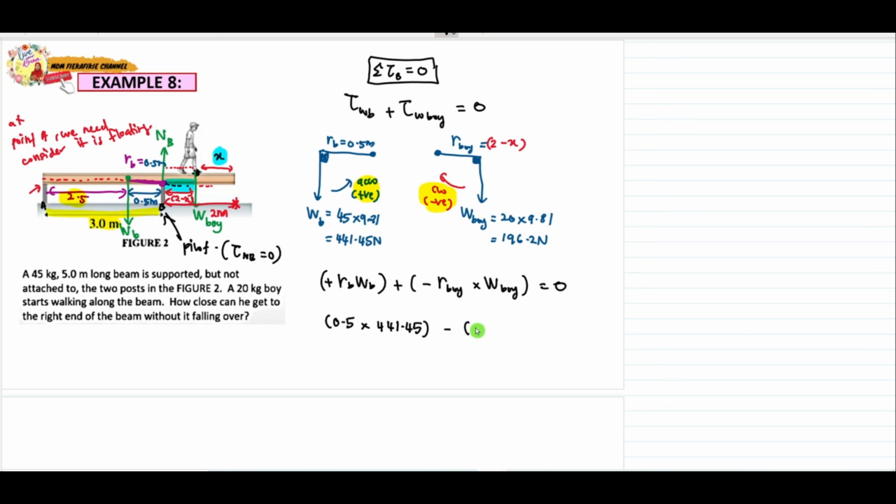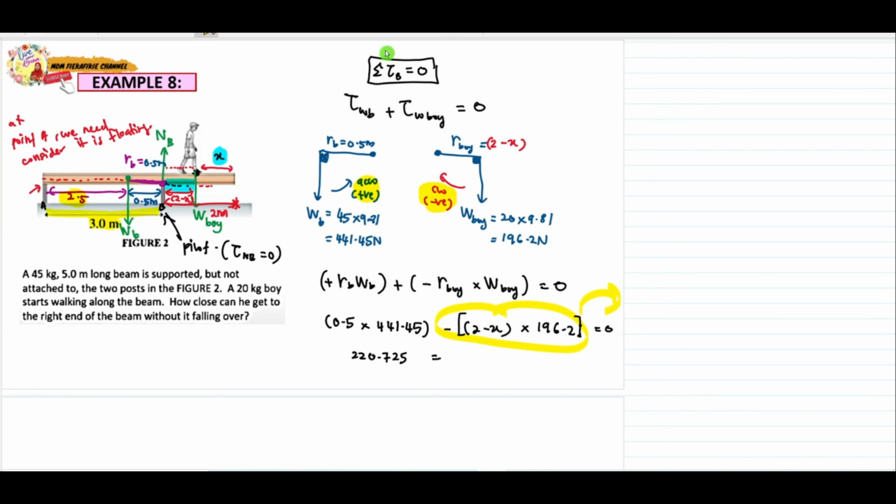R boy kita tak tahu tadi kan, 2 minus X times W boy, iaitu 196.2 equal to 0. Okay, let's try to settle this one. This should be 220.725 equal to,